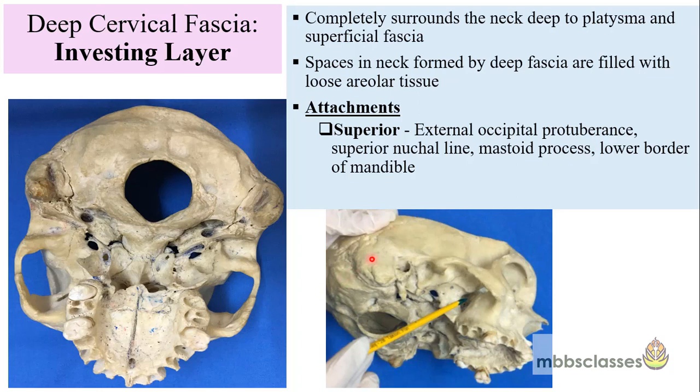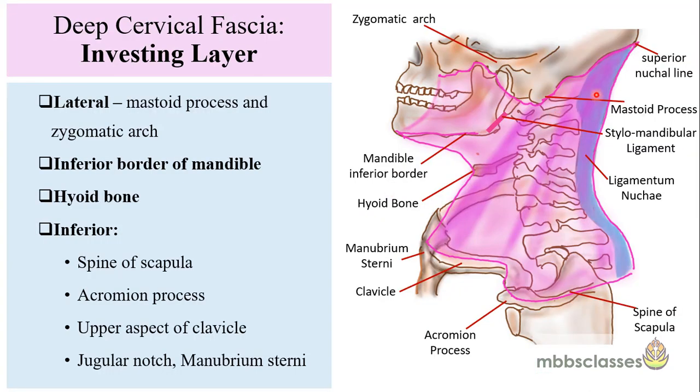Then if we go laterally, this investing layer is attached to the zygomatic bone and the mastoid process. And in here you cannot see the mandible. Superiorly it gets attachment to the lower border of the mandible also. So this is the superior attachment of the investing layer: external occipital protuberance, superior nuchal line, mastoid process. If you see, this is the mastoid process, then zygoma, lower border of the mandible, then it is attached to